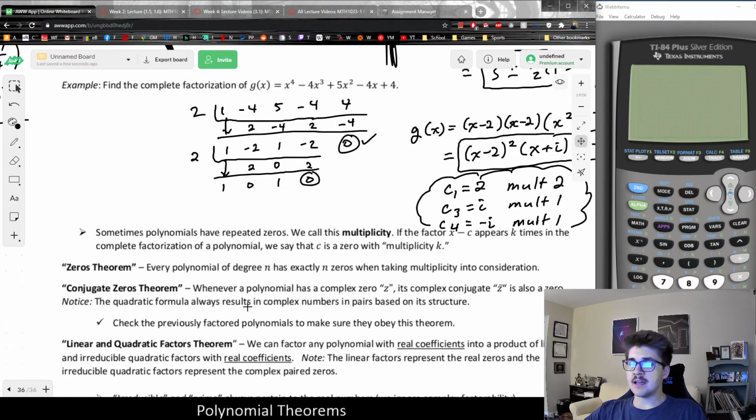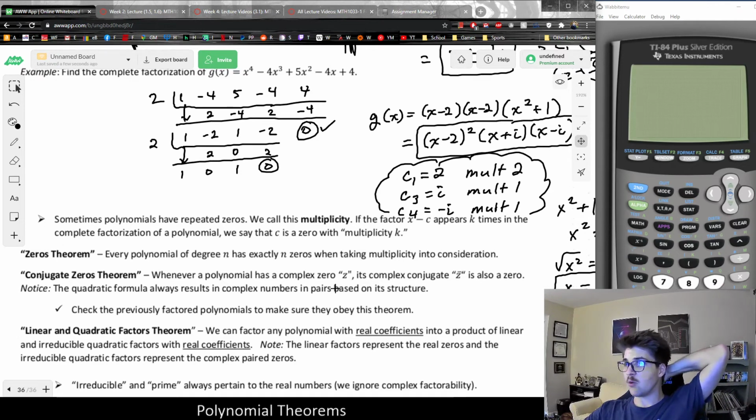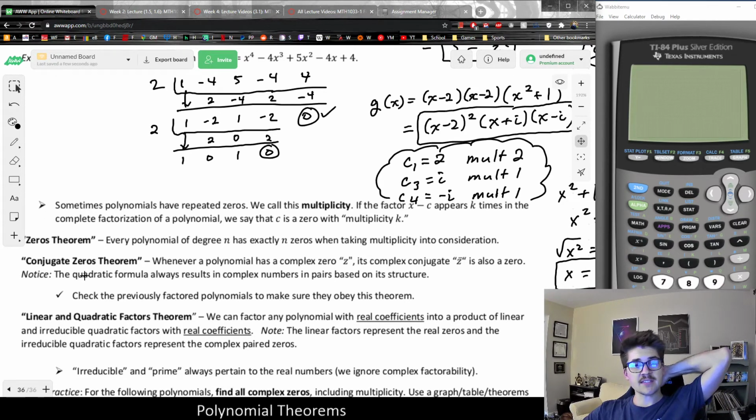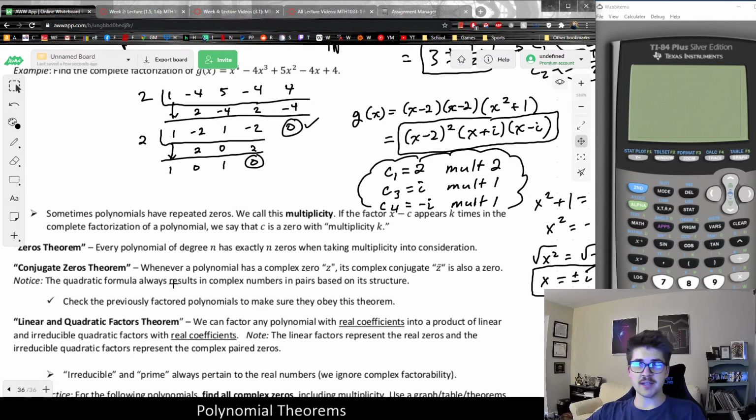So this leads me to my next theorem. I got momentarily distracted with what I wanted to say, but the next theorem is what we call the conjugate zeros theorem, which is something else that you might have noticed when looking at the last two answers. The conjugate zero theorem